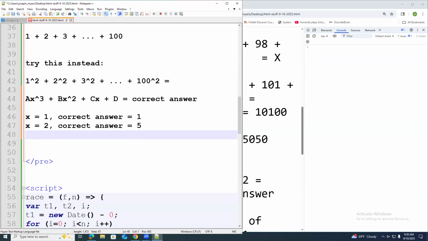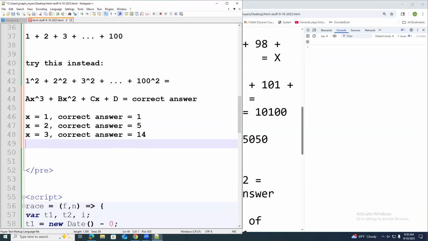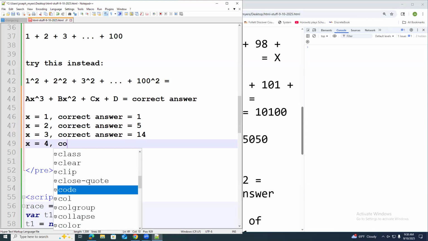And then when x equals 3, what is 1 squared plus 2 squared plus 3 squared? Right. So this actually gives you a system of 3 equations. We only need 1 more to finish it. When x equals 4, what's 1 squared plus 2 squared plus 3 squared plus 4 squared? 30. Okay, correct answer equals 30.